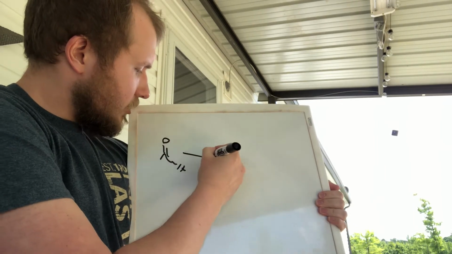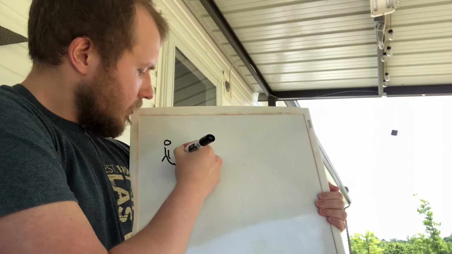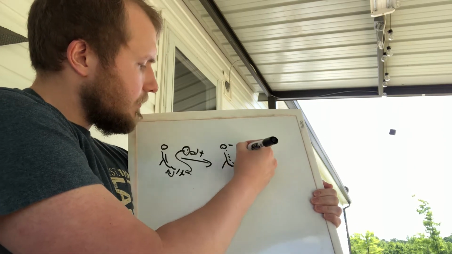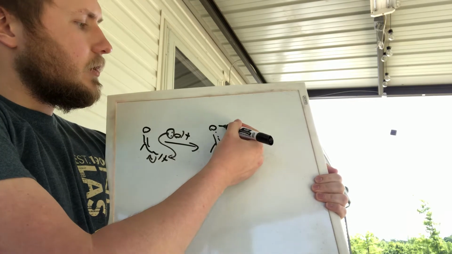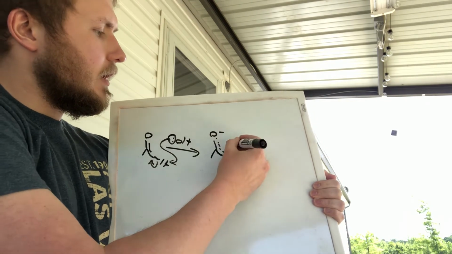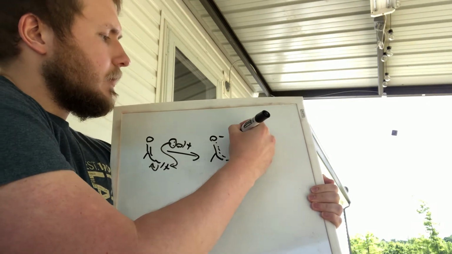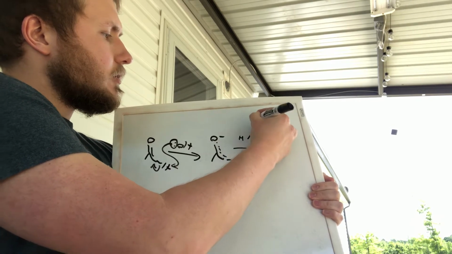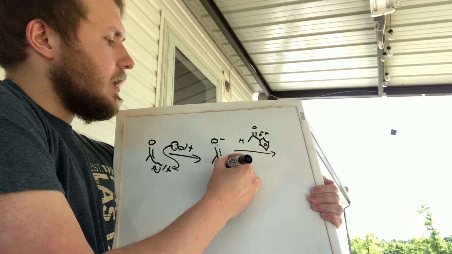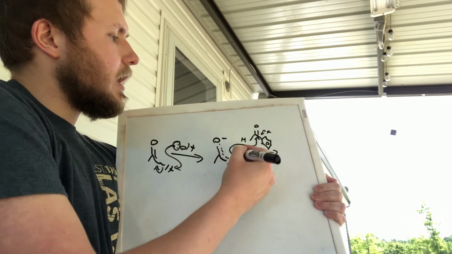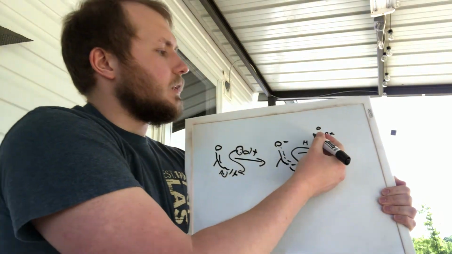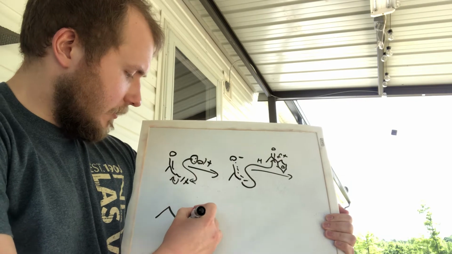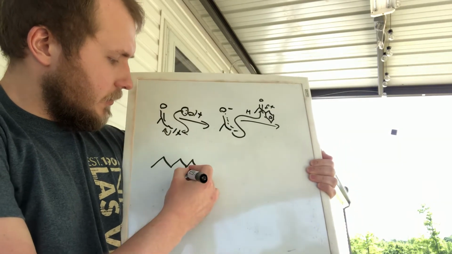deprotonation of the alpha position on an acetone molecule using hydroxide, which is going to form the resonance stabilized intermediate. As you can see, the negative charge is stabilized between the oxygen and that alpha carbon that we deprotonated. And this is important because that carbanion that we formed is going to go through a nucleophilic addition reaction with that slightly more electrophilic aldehyde. This is going to help form that alkoxide intermediate that I discussed earlier,